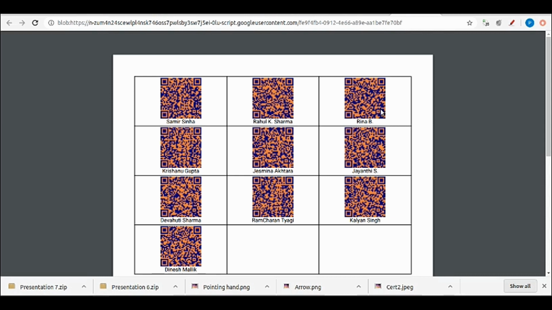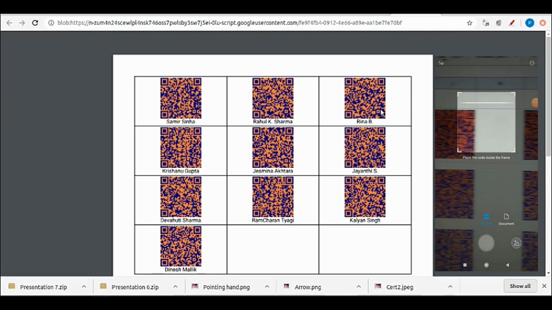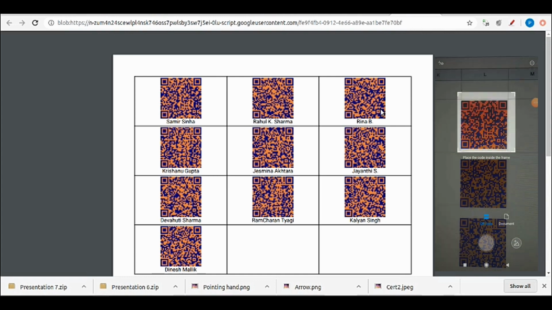And if I wish to scan the QR codes from any of the QR code scanners, you can always have any QR code scanner available. You can download it from the Play Store, or if you are using an iPhone, your normal camera should do the scan for you. So if I scan it, it will show me employee like this. See, the name of the employee has been displayed over here.